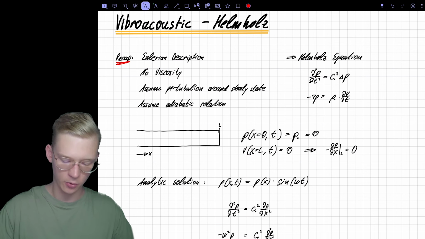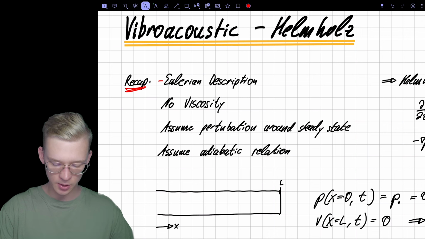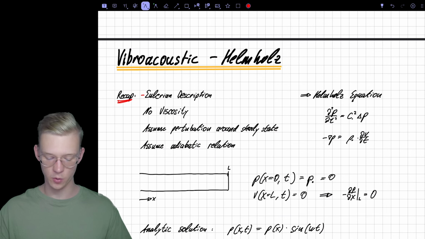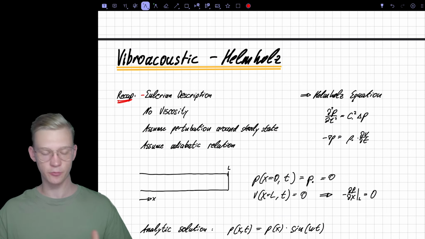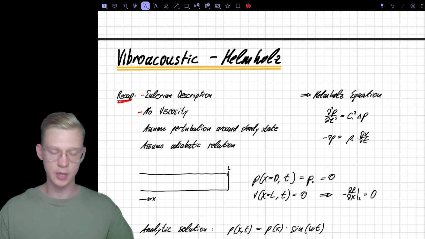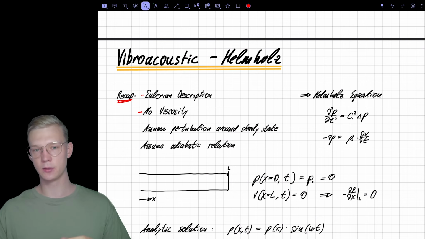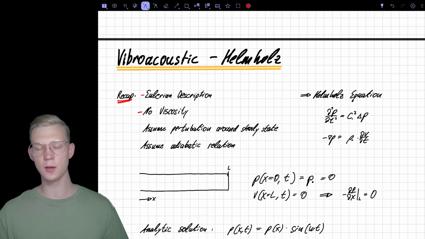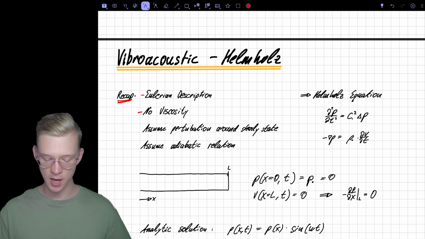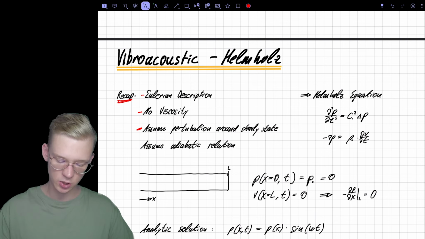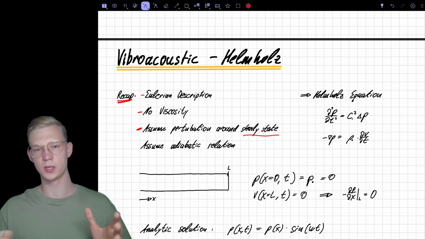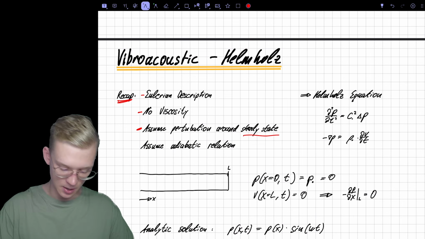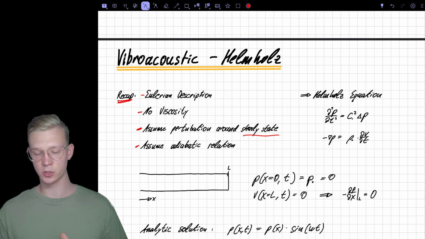A small recap from our derivation videos. We are now focusing on an Eulerian approach, so we're not looking at the Newton approach for one specific particle, but we're looking at a package of particles. We talked about the Navier-Stokes equations and how to get the Helmholtz equation, but we assume that we have no viscosity, and we linearize those equations to get the Helmholtz equation. The linearization comes from the steady state. So we said that we're focusing on a steady state and we're dropping all the terms that are of higher order. And we said that we assume an adiabatic relationship,